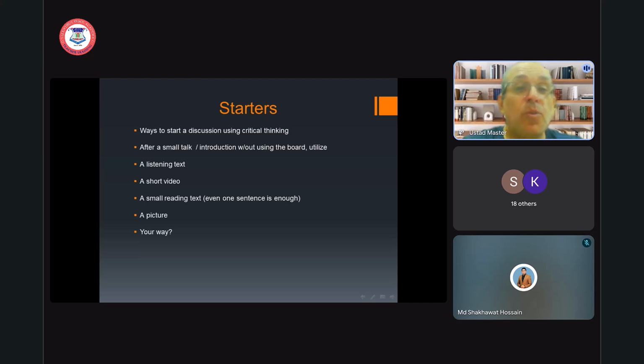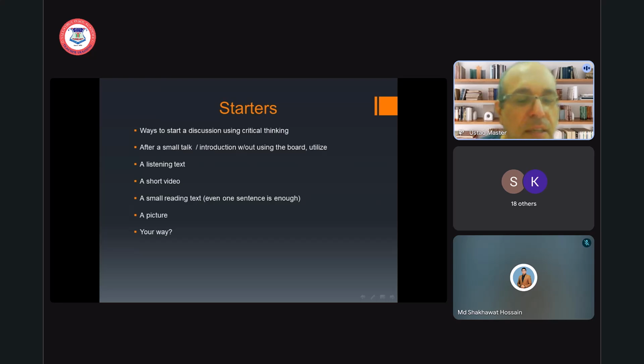And then maybe you make them listen to a short text or make them watch a video. You can give a small reading text. Sometimes just really one sentence is enough to start a critical thinking activity, or you can just present a picture. If you want, you can print the picture and give it to the students, or you can use some kind of projector and show the picture. Any ideas,